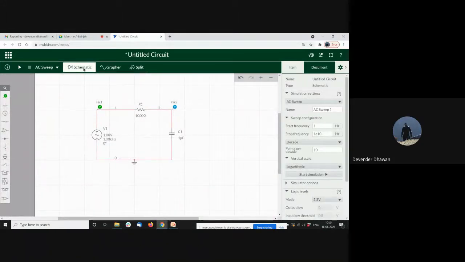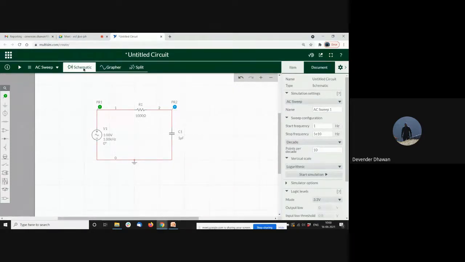Sir, I have a doubt. How to give the reference voltage? When we want to measure the voltage, sometimes we want to add a reference. Now it is ground, no problem. But if I want to add a certain reference, what is the procedure? I'll tell you. I was just going towards that, sir. We covered it yesterday also, but right now also we'll use it. I'll go through it and explain it in the next circuit we are making.